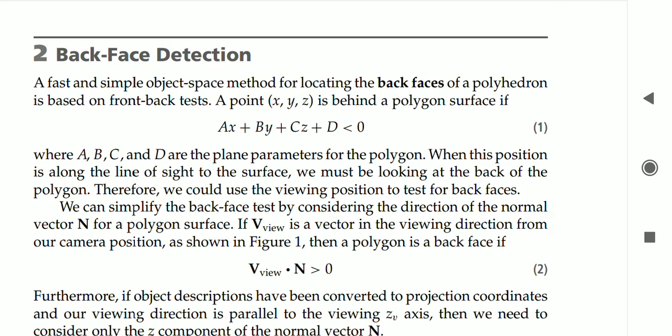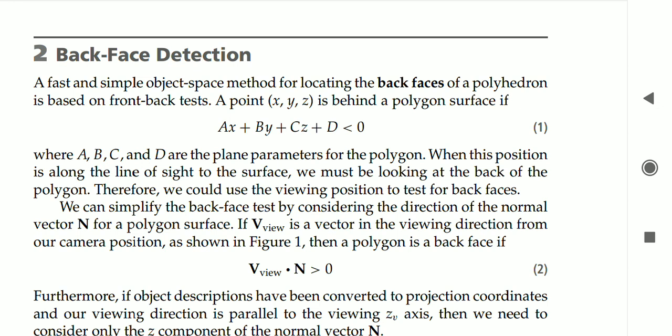Next one is back face detection. Assume that I will show you one duster. You are seeing the front surface. Now the back surface has to be detected. How to detect? It is not visible, correct? So how to detect in the software? We'll use graphic software. In the software I should be able to rotate the duster image, so I should be able to see the front surface as well as the back surface. Or by making it transparent, both the front surface and back surface must be visible, correct?